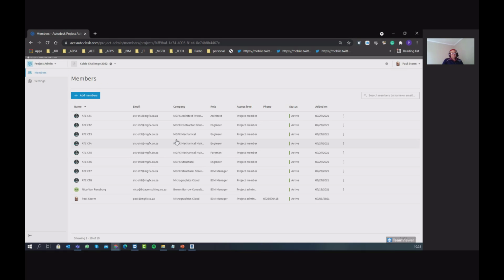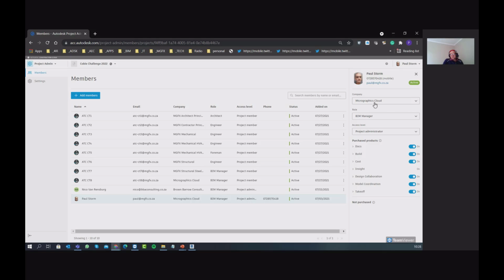Looking at the project admin, we have got some users of our own licenses that are assigned to this project. And if you look at any one of these licenses, you will see that they can have a company attached to them. That helps with the assignation of privileges onto the folders, the role that they might assume. That can also be used. So either company, role, or individual can be used to assign folder file access. The level of control that they've got, either a project member or a project administrator, and then which licenses they